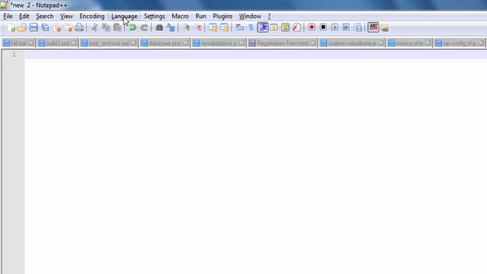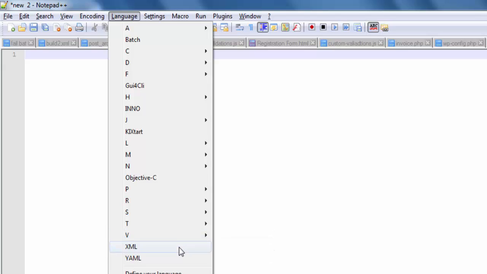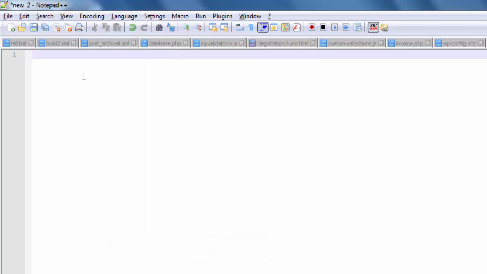Before that, I am going to set the language preference to XML, and this is a Notepad++ editor. I have used this for the sake of simplicity. So here we go with the script. This is the starting line, the XML declaration. I am going to use XML version 1.0,